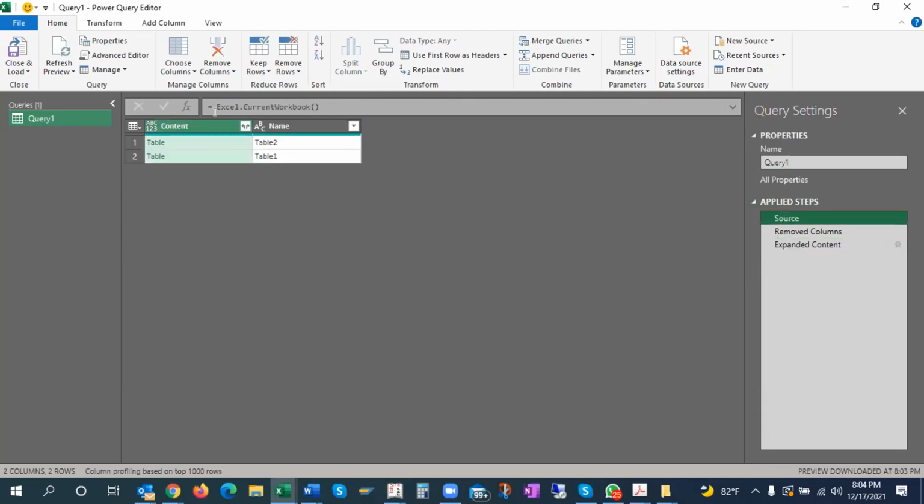I said get anything which is there in current workbook. So to get this, write this formula, I have opened a blank query. Blank means to be defined by the user.